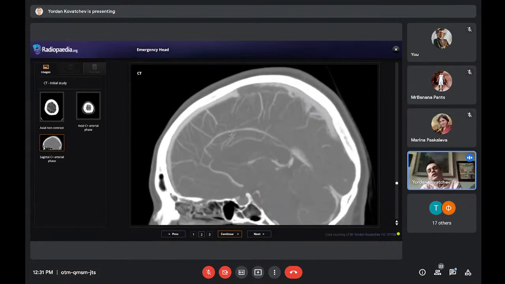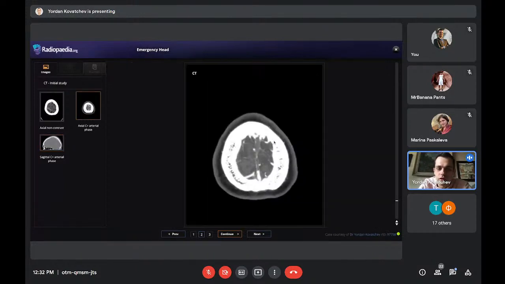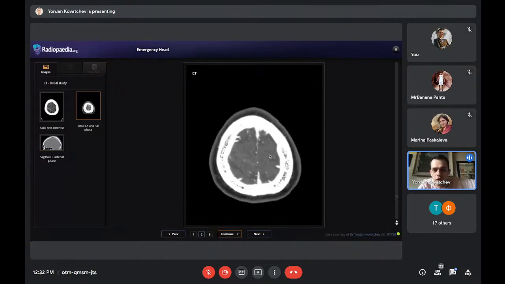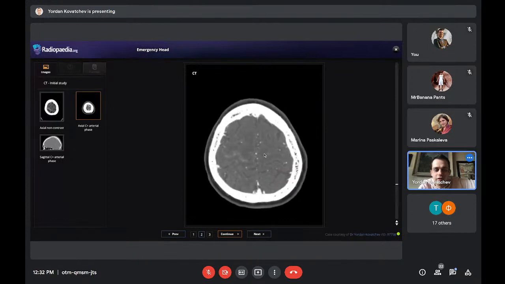And try to think of the anatomy. I didn't show you this, but it's pretty basic, actually, the venous anatomy of the brain. It's not that complicated. This is the inferior sagittal sinus, and this is the superior sagittal sinus. And here you can see what we call a filling defect. A filling defect. So there is thrombosis of the superior sagittal sinus. Here it is on the axial imaging, because you can miss it, right? It's almost on the last slide. So if you don't look carefully, you can miss it.